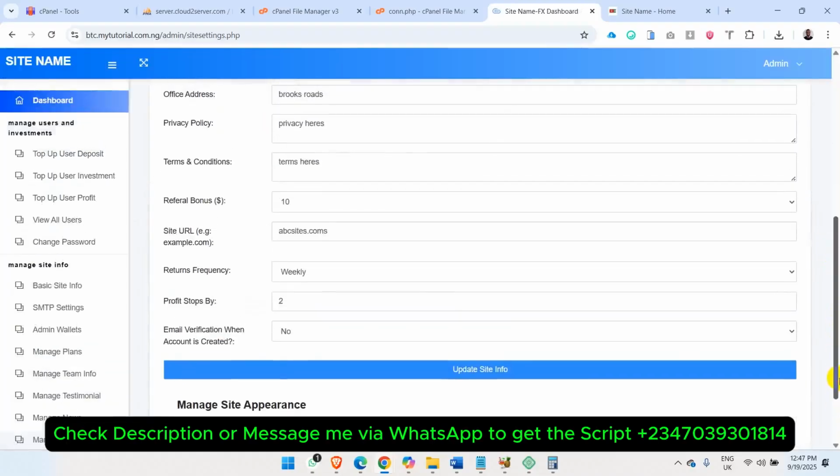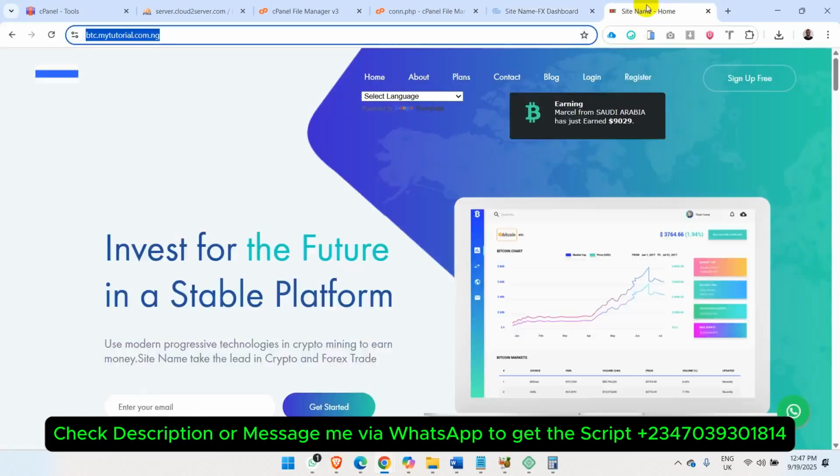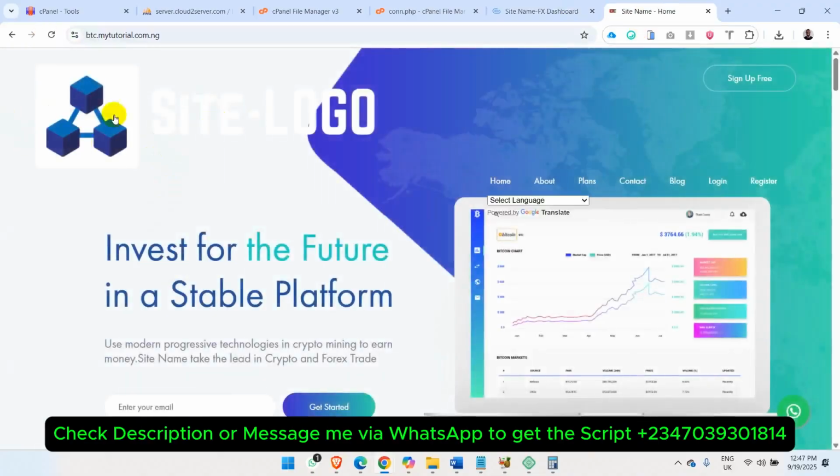Sorry, I forgot to update the site info here. Remember I changed this to, and this I set it to weekly. Then you can change the site info here. Click on change site info and it's going to take effect. So now by the time I reload this, let's see if you can see, and I have my site logo